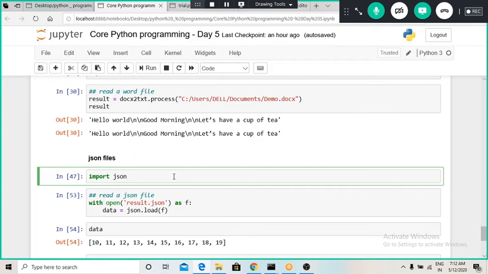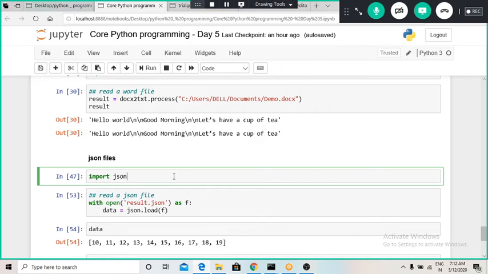Okay, so for read and write operations of JSON files there are two libraries. One is json and another one is pickle. When we use pickle, we have to assign the extension dot JSON whenever we write or dump that file.